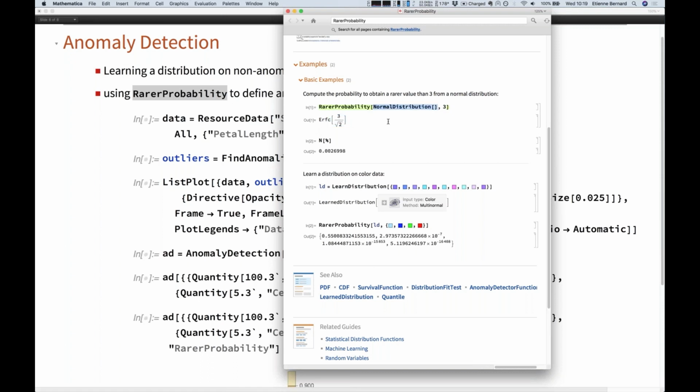But you can generalize this concept to arbitrary dimension. For any distribution, you can always ask, how extreme is this event? What is the probability to find a rarer event, hence rarer probability? And that's a nice framework to think of anomalies.